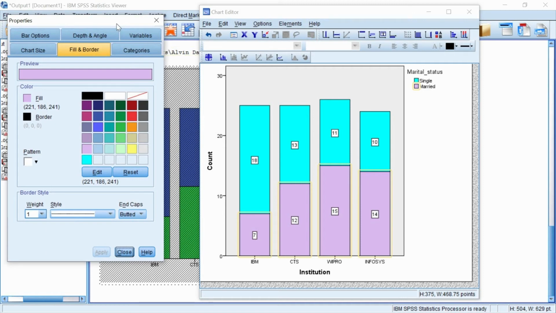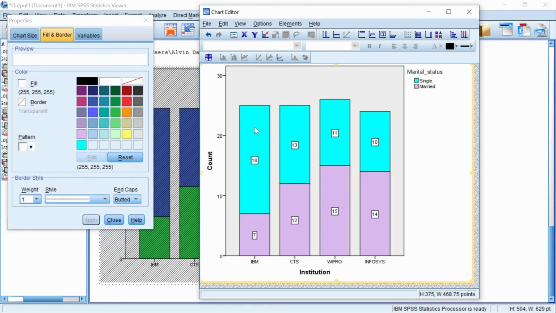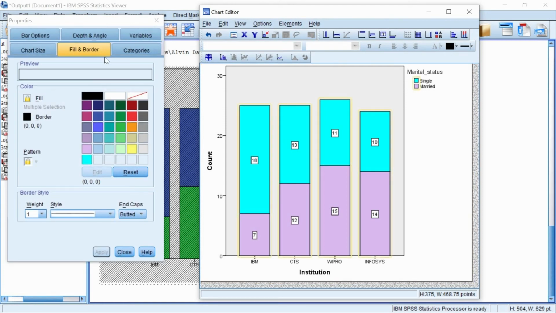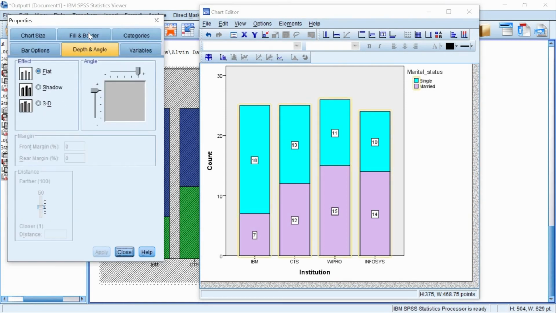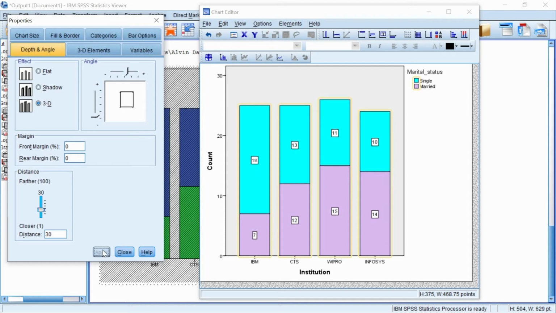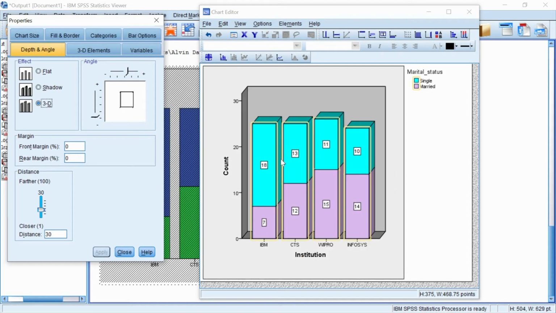If you want to present the bars in 3-dimensional, select all the bars, then select depth and angle, choose 3-D and then click apply. Here you are not able to see the space between the bars.